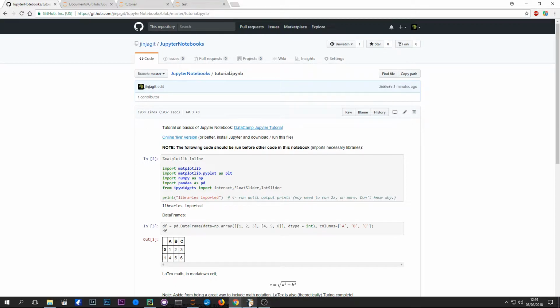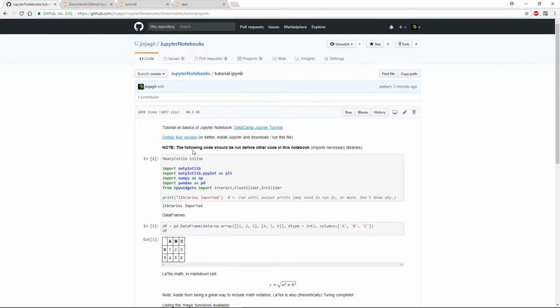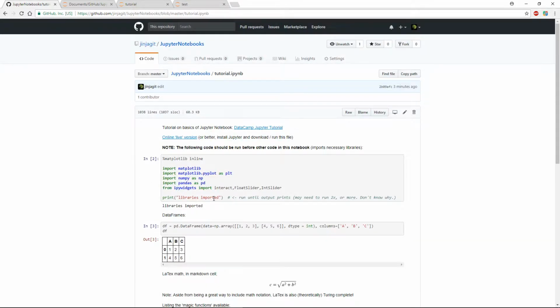Which brings us to another point. What if the person who's viewing your notebook or finds your notebook on GitHub, or what if you are not at your local machine and you want the live version? Here I can't run this on GitHub. I can't get the interactive slider, etc. Well, you can use a thing called